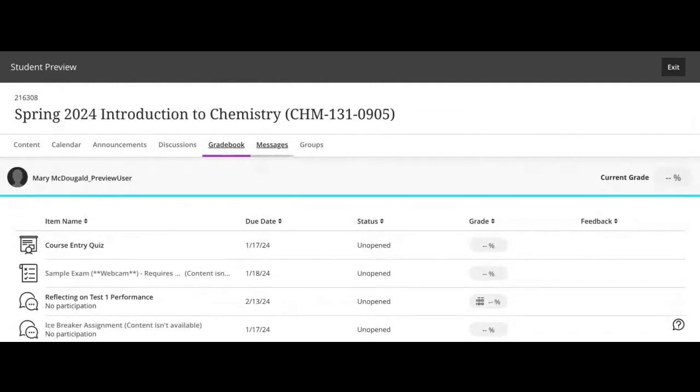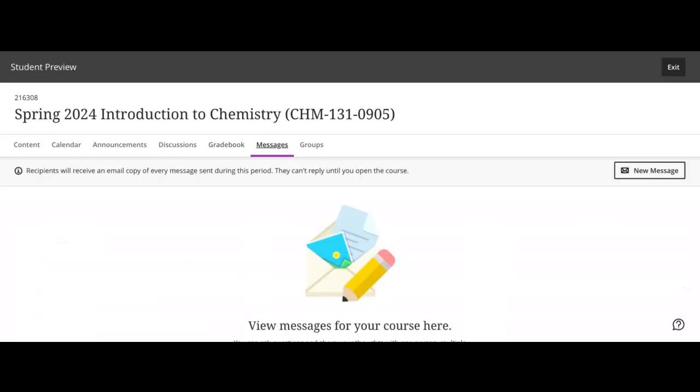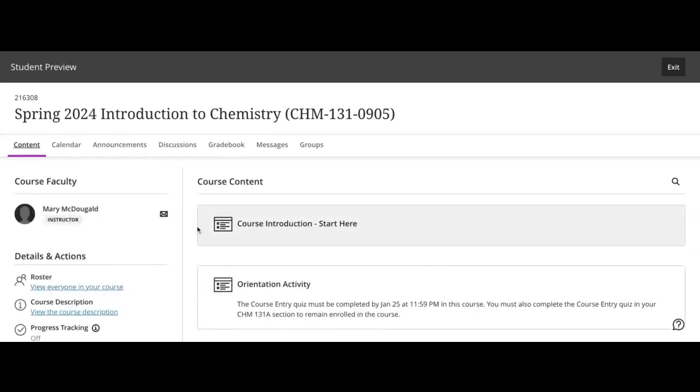Please do remember, if you submit an assignment late, there'll be a 0 in place of that assignment until you get that assignment submitted. I generally grade things very quickly, but if you have questions on the grading, please let me know. You also have a messages tab where any messages that are sent to you, you will be able to find here, and you'll also have the group tab. So if there's anything that you have a question about, do not be afraid to ask.